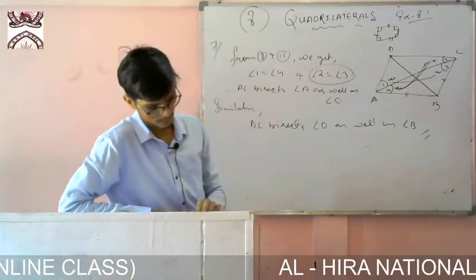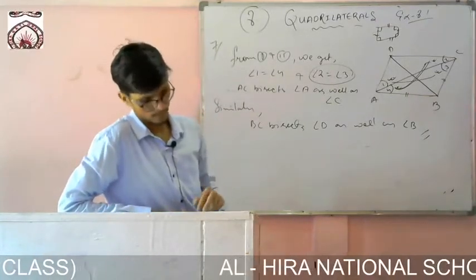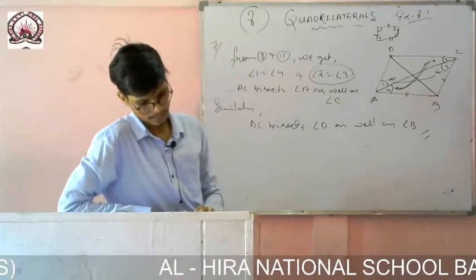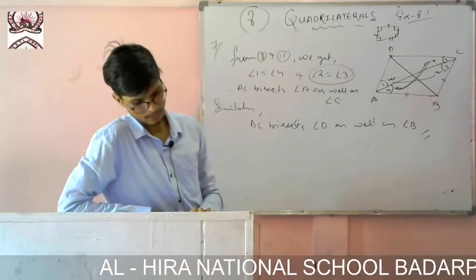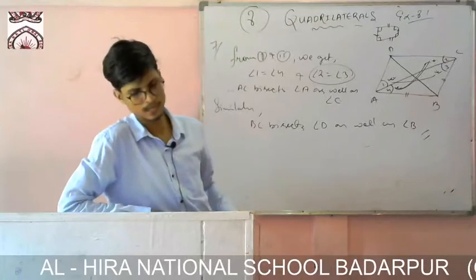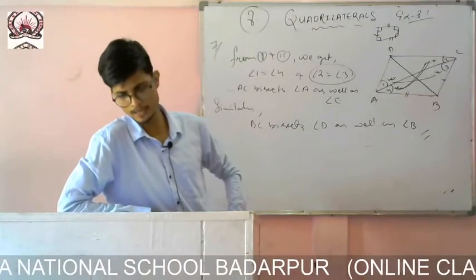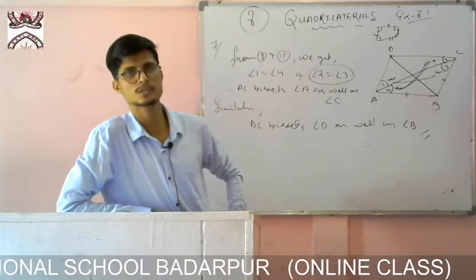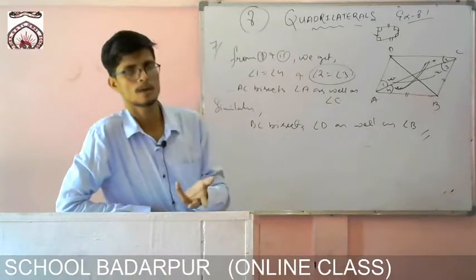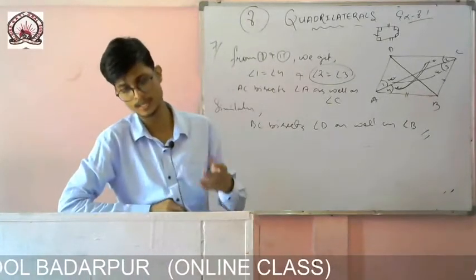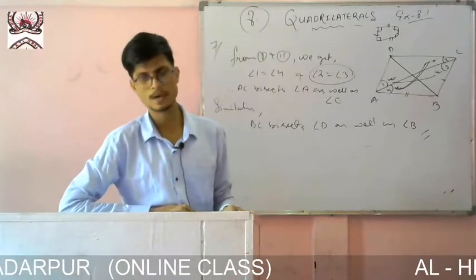Okay, and if you can prove this one, then since ABCD is a square, we know that in case of square the diagonal bisects. So Roman number 2 you can prove easily, diagonal BD bisects angle B as well as angle C. So you write like this, since ABCD is a square and the diagonal of a square bisects the opposite angle, there is a property, it is there, so you can directly write it. So diagonals of a square bisect each other.